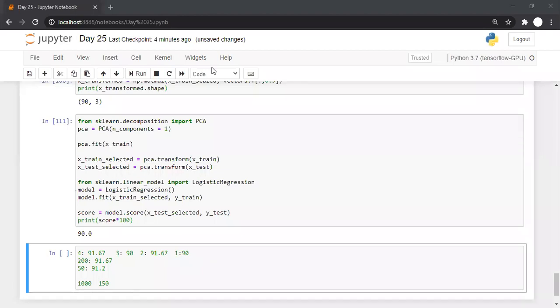Aaron, yes, you should consider not only accuracy, you should consider recall, you should consider precision, you should consider F value, and there are other factors also. There are a number of factors that you should consider. But what I'm trying to say, along with those factors, processing power and memory requirement is also an important factor.